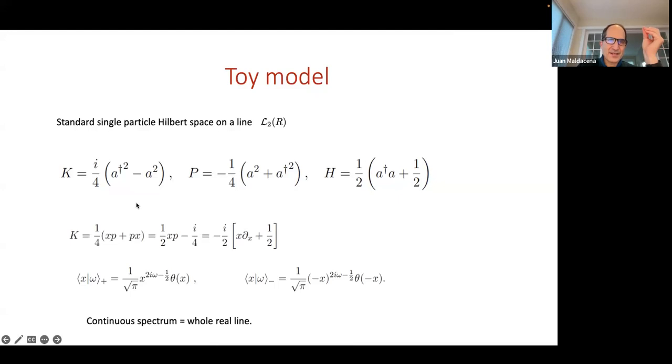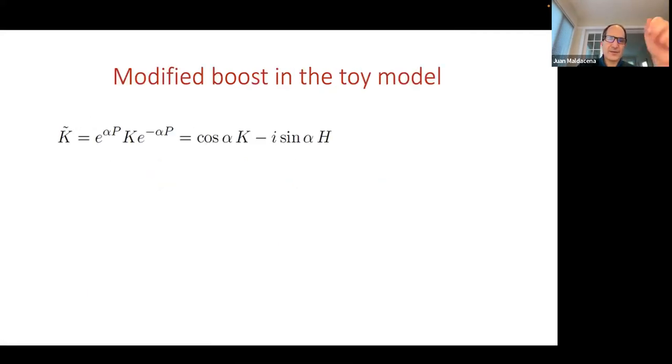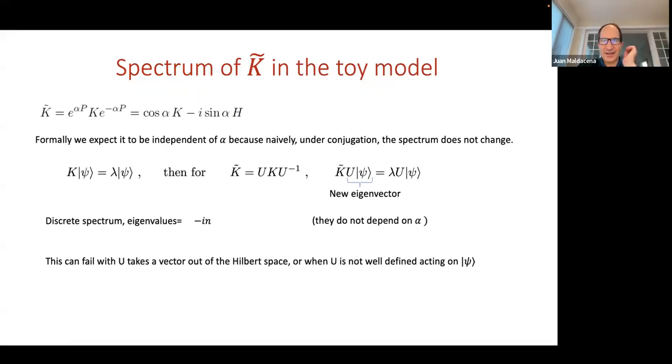And with this definition, K is something that roughly is like a rescaling of X. And then we see that we have eigenfunctions with continuous eigenvalue omega, which are of this form, just X to some power. Okay, and the spectrum is continuous on the whole real line. But now we can again do these similarity transformations, and